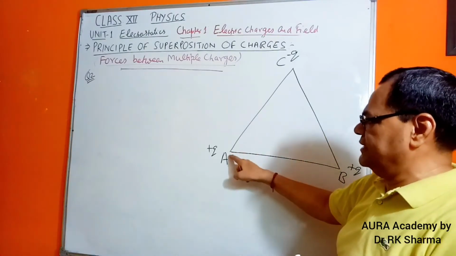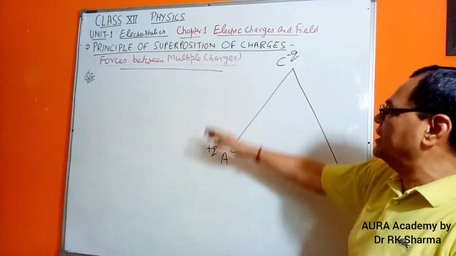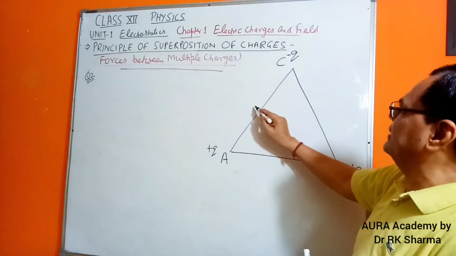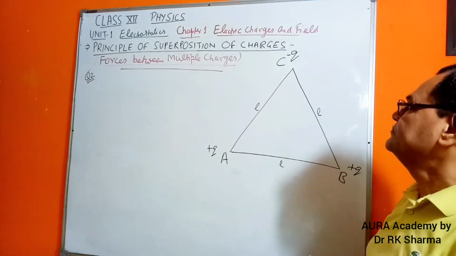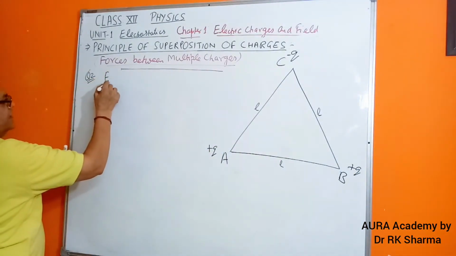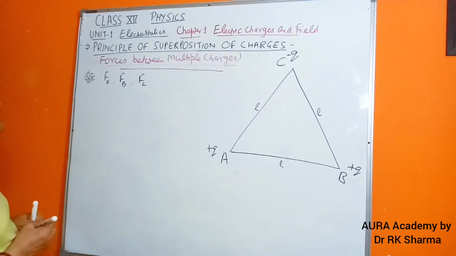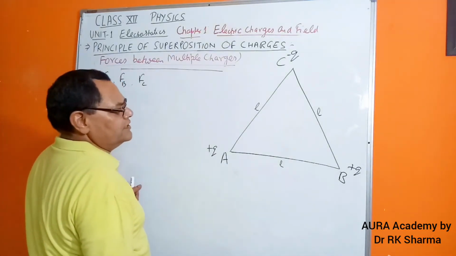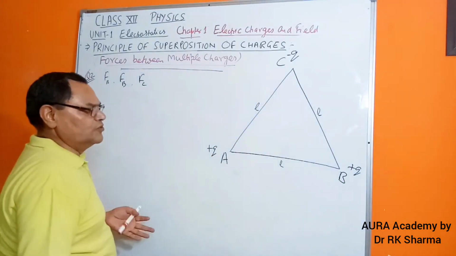Means we have to find the total force at A separately, at B, at C as well, under this condition. So here is a plus q charge, and it's minus q, and say it is once again an equilateral triangle of side length L. Clear? So very simple question, but find the force. So we have to find the force at A, force at B, and force at C as well. Let's start. Can we find out? I think we can easily find out. That is a force between them, force between them, force between them. Distances are known, charges are known.